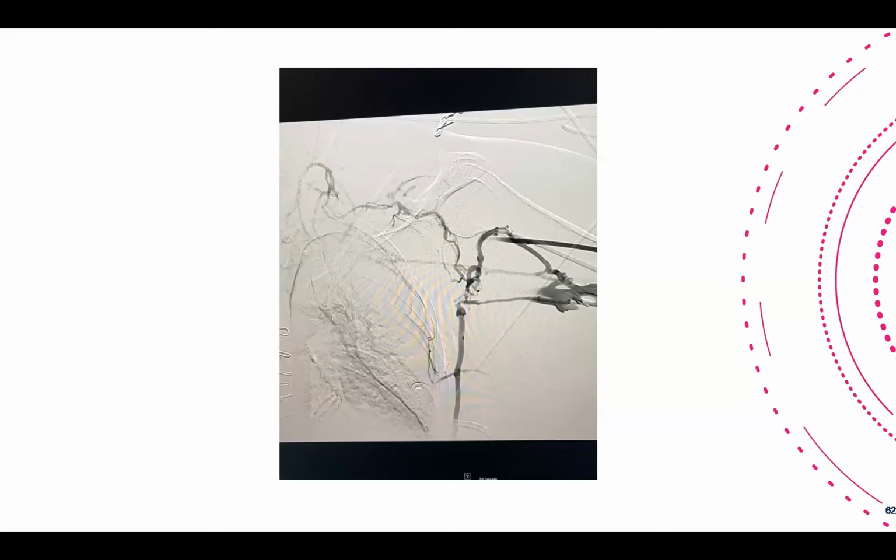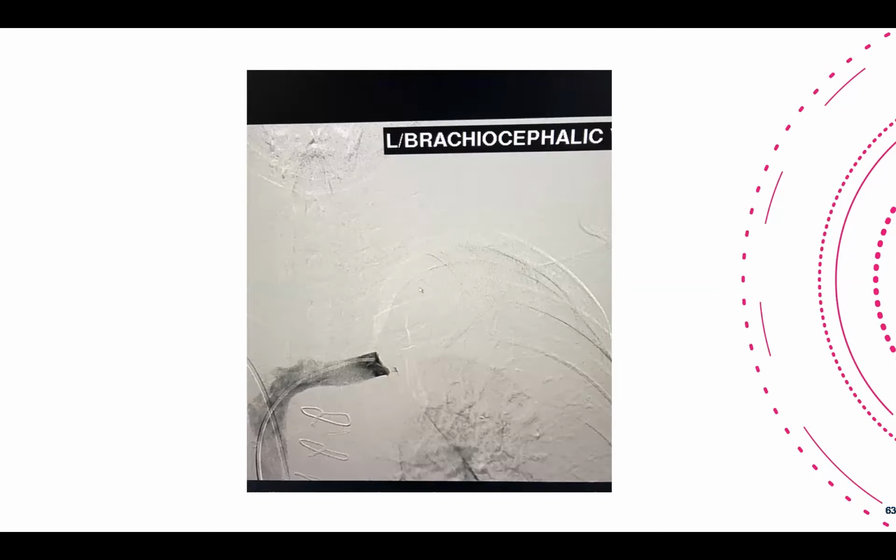I remember this case from when I was just starting my career as an IR. A young patient, she was only 19 years old. She had a complex heart surgery, and you could see there's a big tail catheter inside her chest, and she came in with bigger clots in the subclavian vein. So I did a venogram from the arm. You cannot see the subclavian vein here. And then I tried from the femoral vein, and also this complete occlusion.